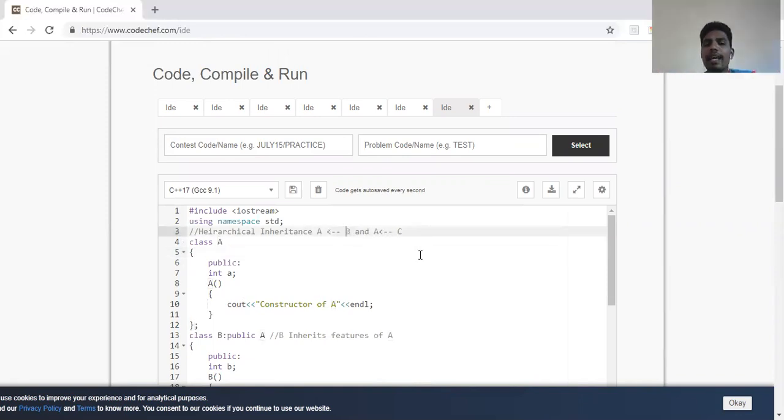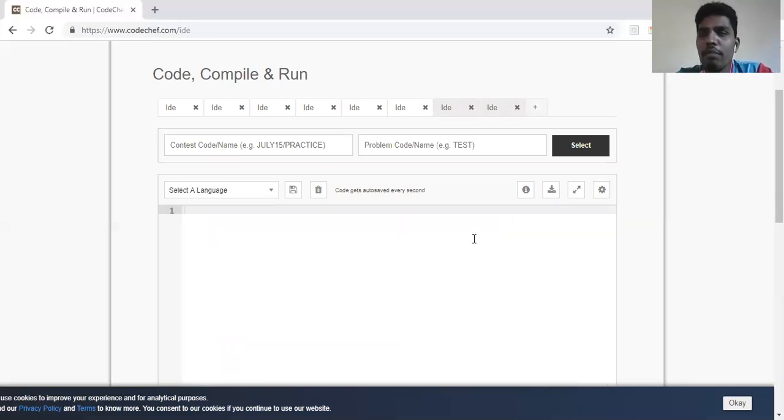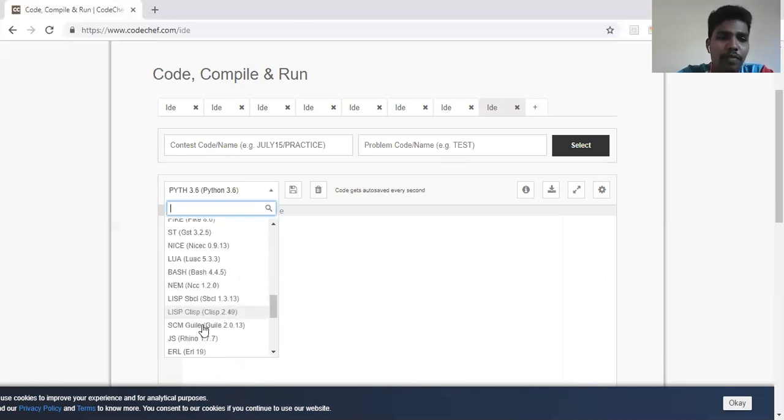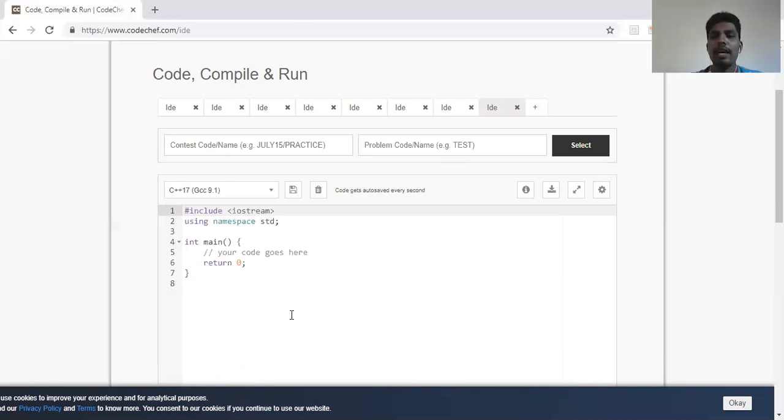It forms a tree-like structure where one parent class will be sitting here and then you have separate branches coming down, which is nothing but your child classes. Fine. Okay. So we also have a concept of hybrid inheritance. What do you mean by hybrid inheritance? The meaning of hybrid inheritance is when you combine the previously said inheritances: multiple inheritance, multi-level inheritance, hierarchical inheritance, and single inheritance. When more than two kinds of inheritance are being used in a single program, we call such kind of programming as programming through hybrid inheritance.